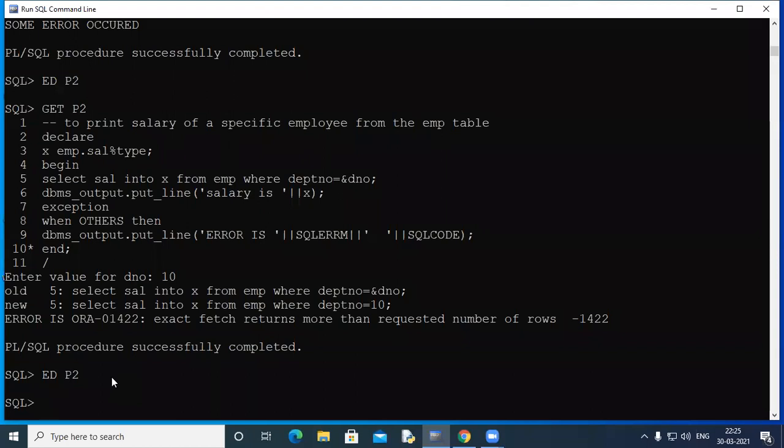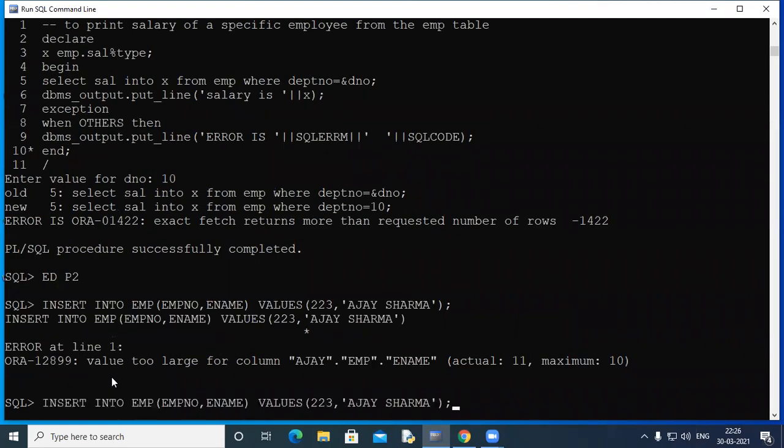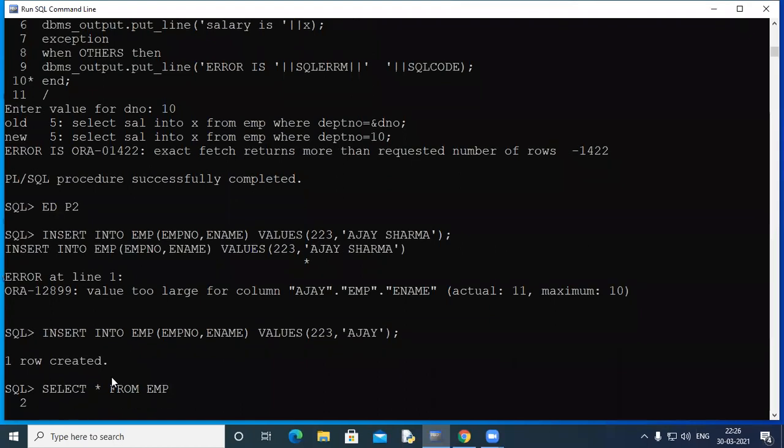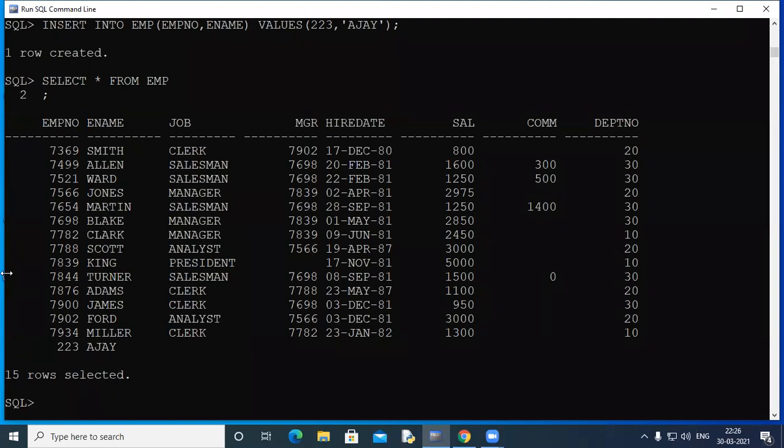Before that, let's insert one employee with a null salary. So insert into emp empno comma ename values, say 223 comma Ajay. If you see the table now, you'll see that the employee 223 Ajay is not yet assigned a salary.